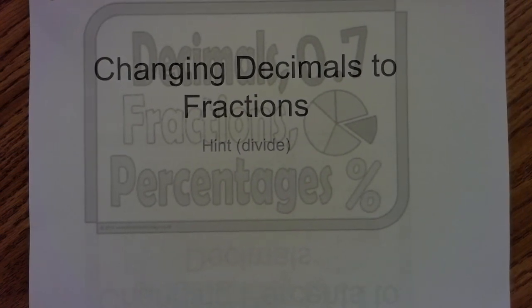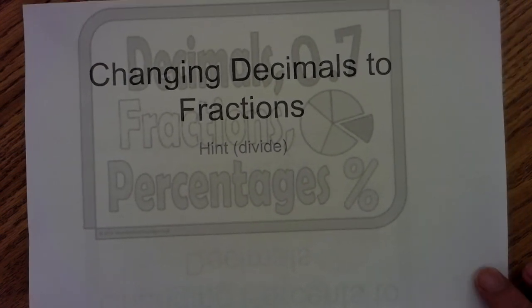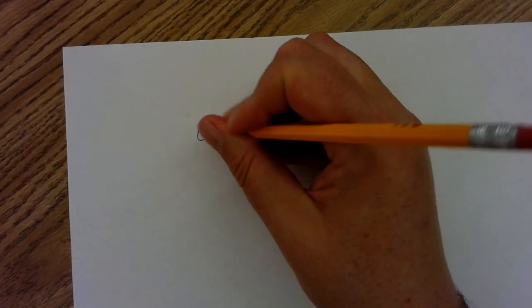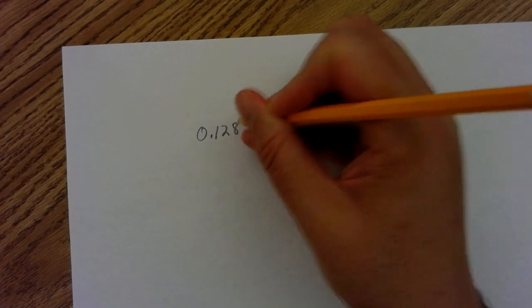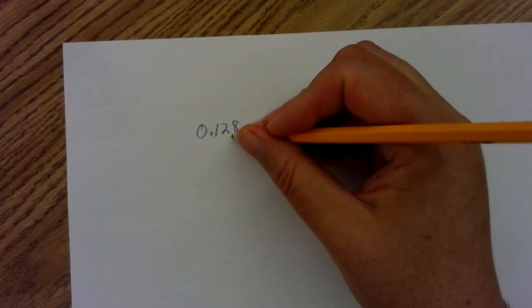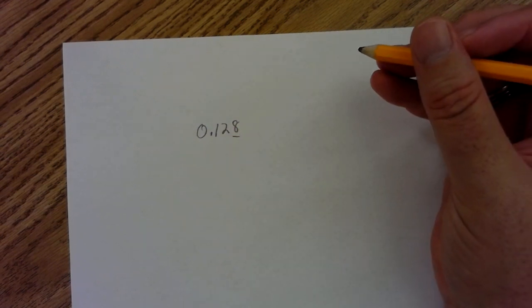Today we're going to be changing decimals into fractions. Let's start with the decimal 0.128. Now, to turn this into a fraction, what we need to look at is the position of the last